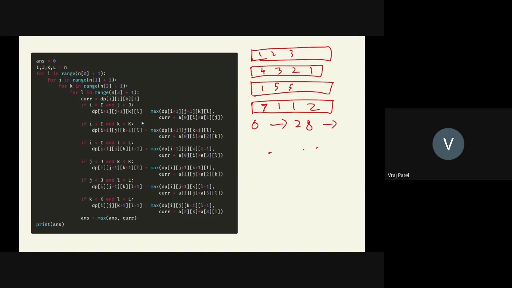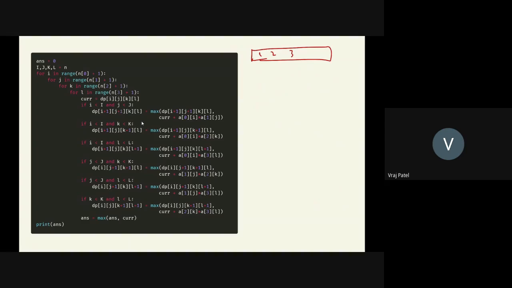So let us first consider the answer for maybe just two arrays, right? If there were just two arrays, what would you have to do? 1, 5, 3, something like this. You just do a greedy solution. You sort these two arrays. So you take these arrays as 1, 2, 3 and 1, 3, 5, and then you try to pair off these numbers. So you pair off 5 and 3, you pair off 2 and 3, you pair off 1 and 1.